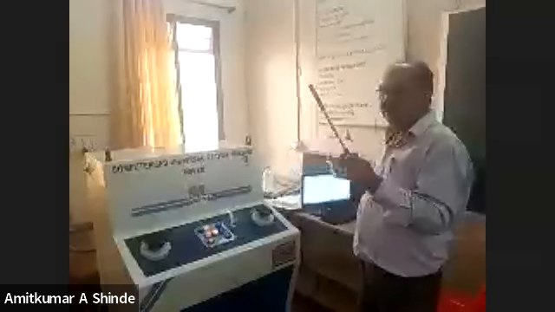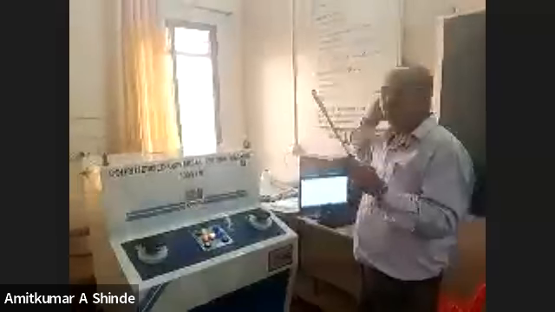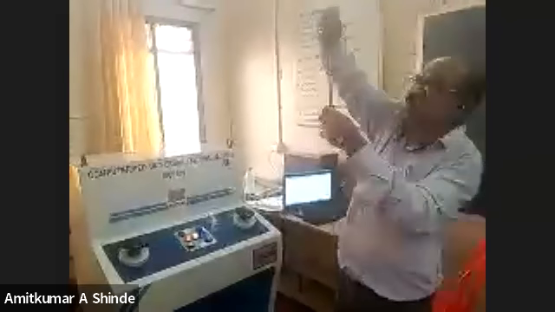So that load divided by cross section area, that is your tensile strength. But here you will get the graph as well as the tensile strength directly. So once again I will repeat: tensile strength is equal to force upon cross section area. Force means applied load, and A means area of the cross section with gauge diameter. So you will get tensile strength.